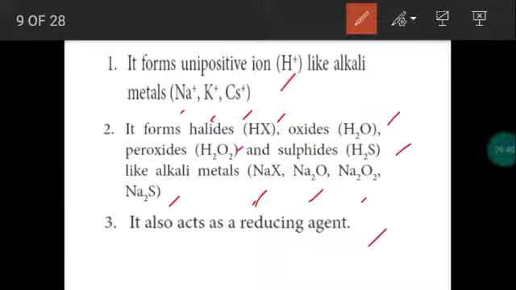Third evidence, all the alkali metals are reducing agents. This will be discussed in detail in a later lesson. If an element undergoes oxidation, that means if an element loses an electron to become a cation, the process is called oxidation. It acts as a reducing agent. That means it will induce reduction in another substance. All the alkali metals, lithium, sodium, potassium, rubidium, cesium, francium, are electropositive in nature. They lose the electron to become a cation, so they undergo oxidation. It means they are reducing agents. Hydrogen is also a reducing agent. It forms H plus cation.